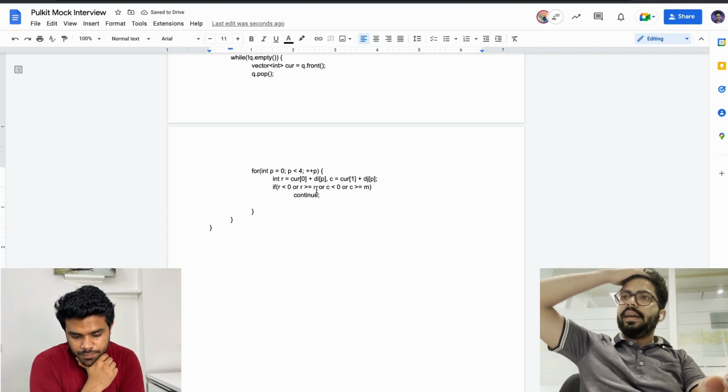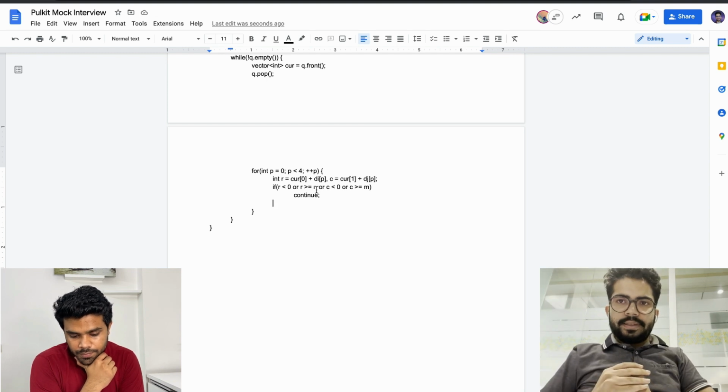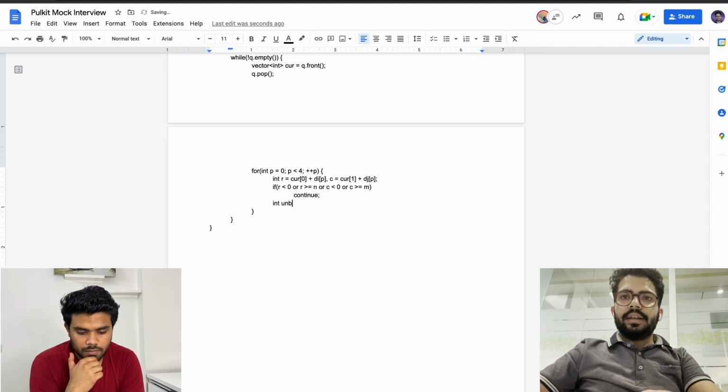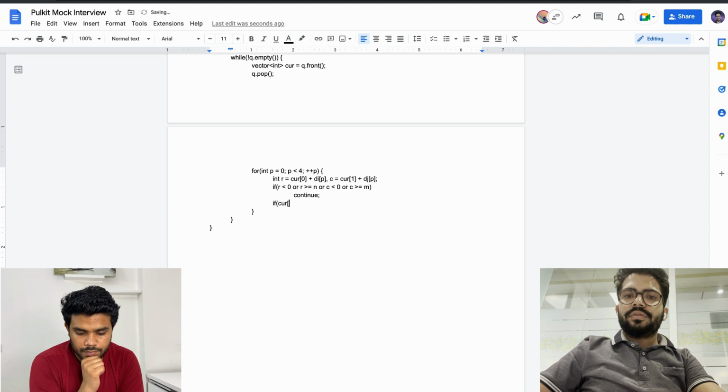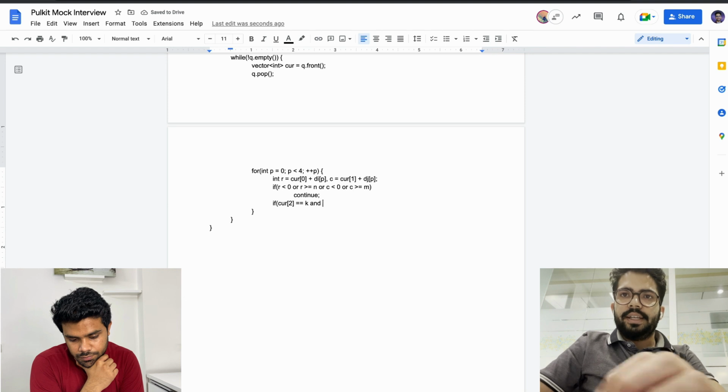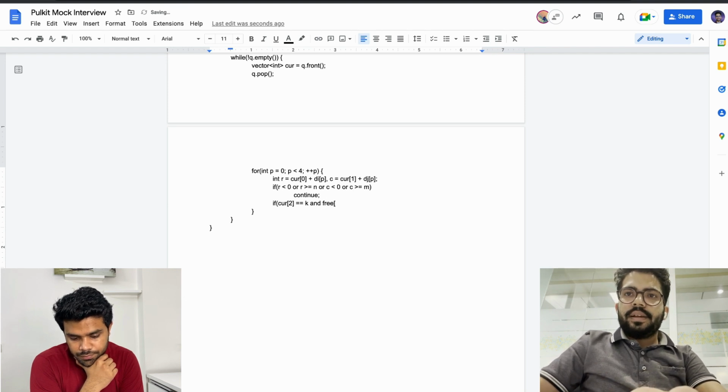Okay, so now I have to see about that k thing also. So int unblocked will be equal to current of 2, right? So now if current of 2 is already equal to k, if I've already unblocked k, and this new cell is also not free, and free of r, c is basically and not free, right?